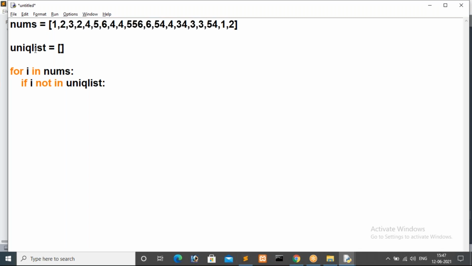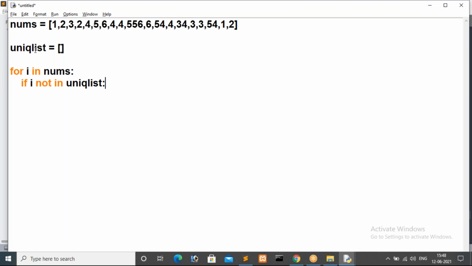Which method is better here, insert or append? For insert we have to pass two different parameters. For append, absolutely guys, append is the best choice, because append will store values at the end of the list. So storing position is not important for us. We have to store unique values. That is our main motto.